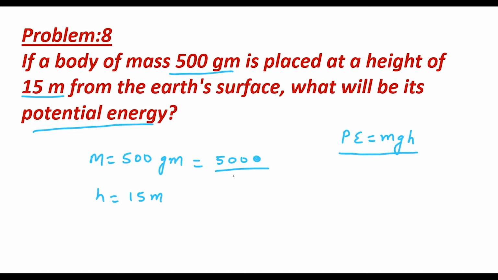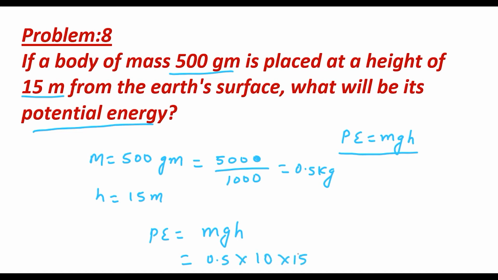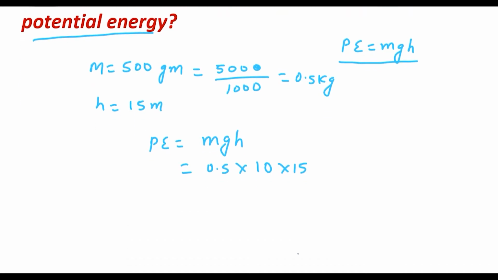So 500, when we divide with 1000, it becomes 0.5 kg. This is the required mass and this is the height, and we have to find the potential energy. We know that potential energy is given by mgh. Mass is given 0.5 and g is 10, height is given 15. Just calculate it. 0.5 into 10 into 15,